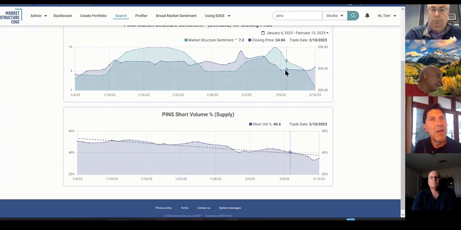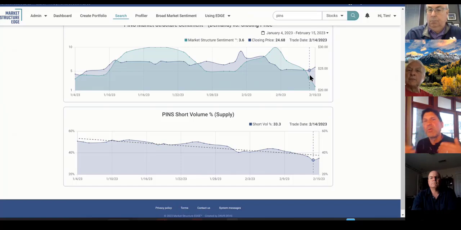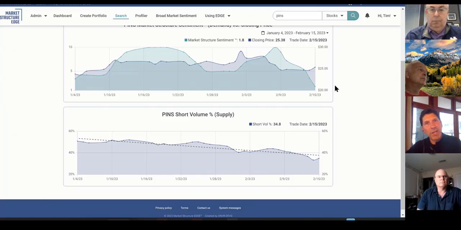Do you have to leave? You don't have to leave. If the whole market is still good, you could just wait for an exit point, but you'd be looking for one. That's what you would do. It's not like you have to do it right away. You get some warning. Is Pins about to decline? Probably. Maybe it's doing it today. I haven't looked, but you get some advance warning.